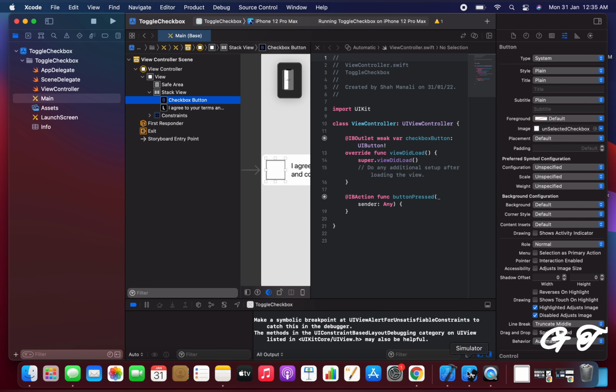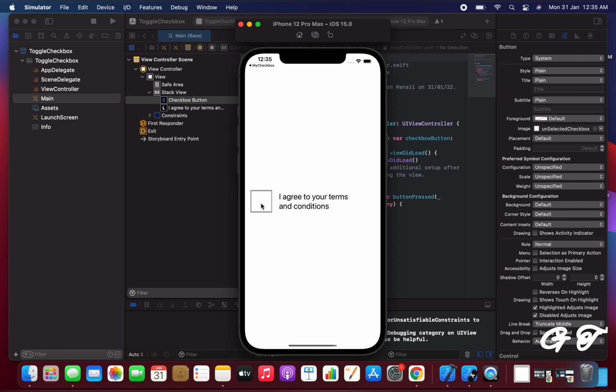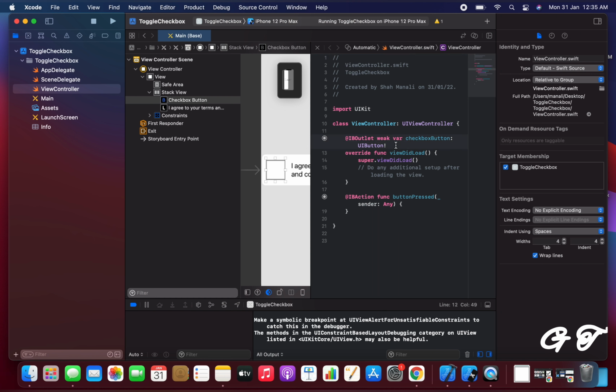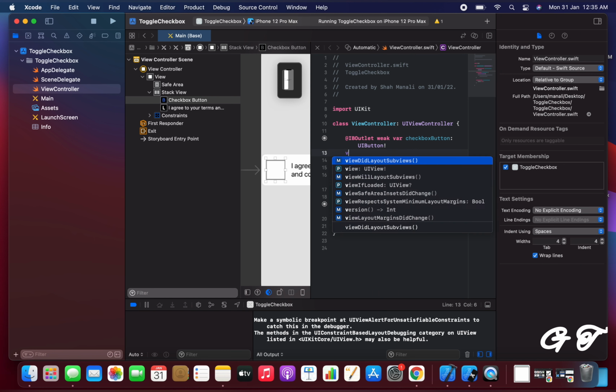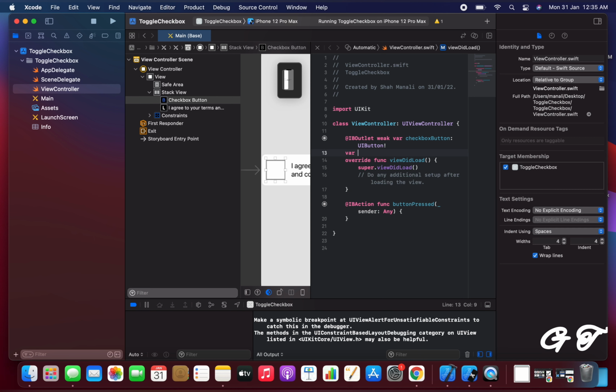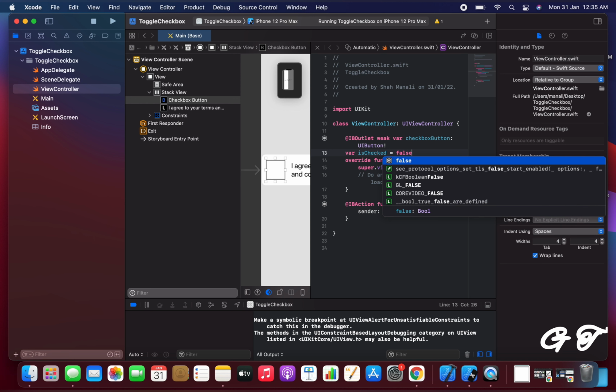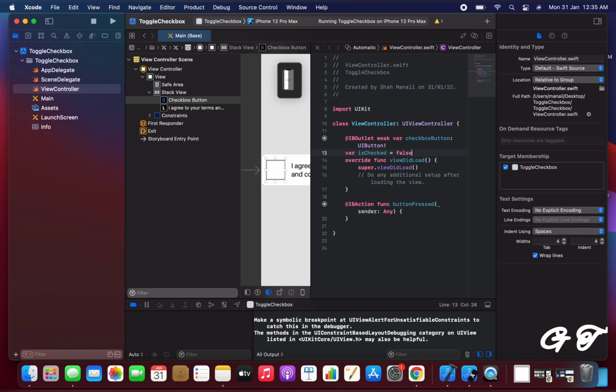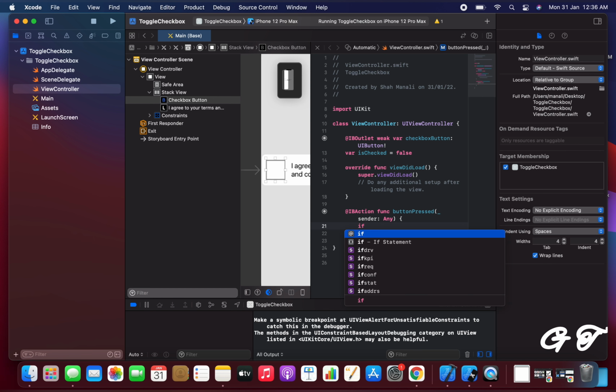Okay, so now to maintain the state, if it is checked or unchecked, we can maintain a variable which will maintain state for the same. So let me create one variable and name it as isChecked, and initially let me make it as false. So now when button is pressed, we need to change the image of this button. So we can check if isChecked